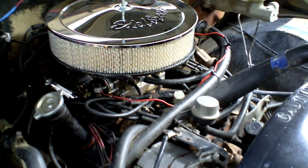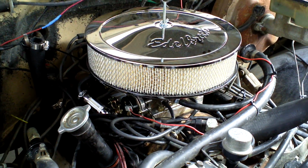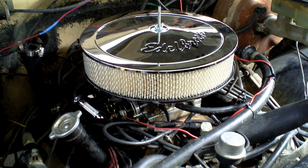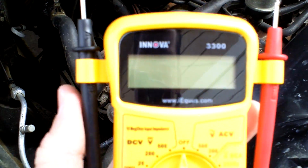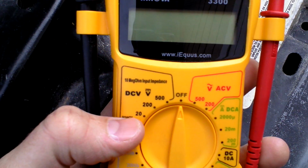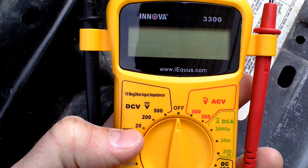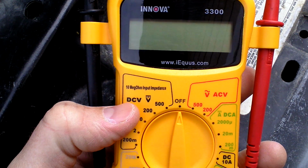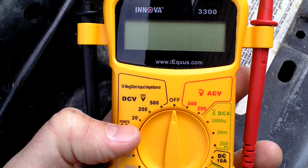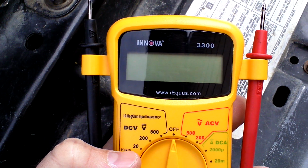Alright, in this video I'm going to show you how to wire up a choke to an Edelbrock carburetor. First thing you need is a multimeter, so you know how many volts you're going to be getting. See if I can get a good view on it. And you'll be using this setting right there. Just picked this up from Walmart. It's a 20 on the DC volt side, and that will let you know if you're getting the recommended 12